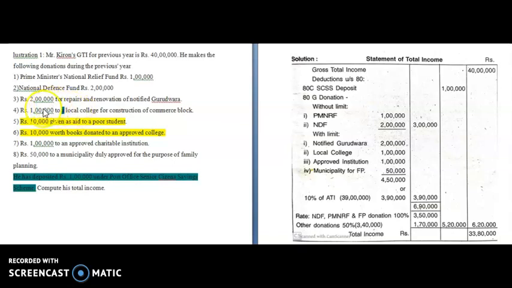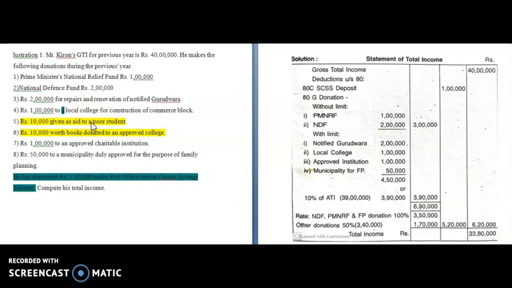Now with the limit, there are many items which can be considered. One is repairs and renovation of notified Gurudwara, religious importance, historical importance, I told. So that item is considered here, notified Gurudwara, but we cannot write it in the outer column directly. Why? Because we don't know what our maximum limit is. Then next one,